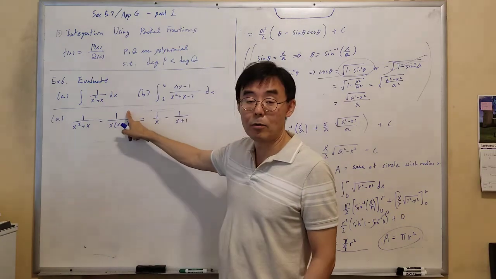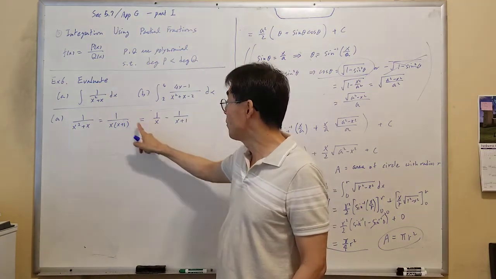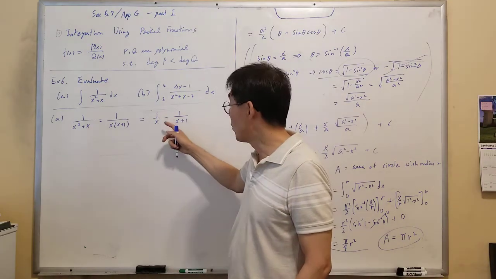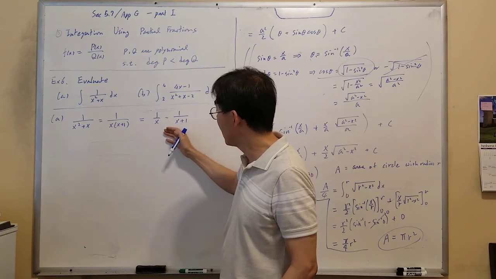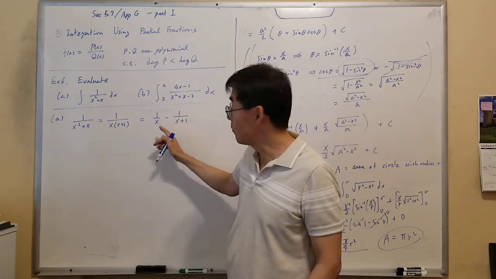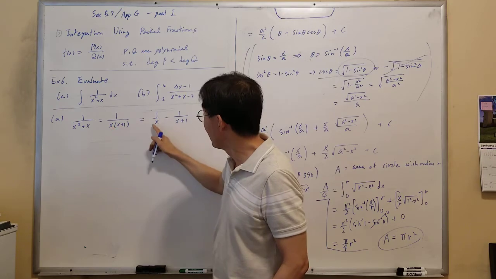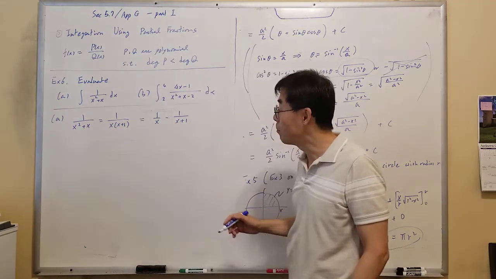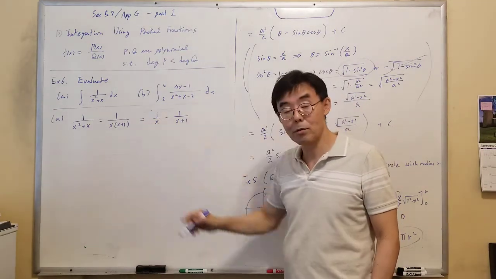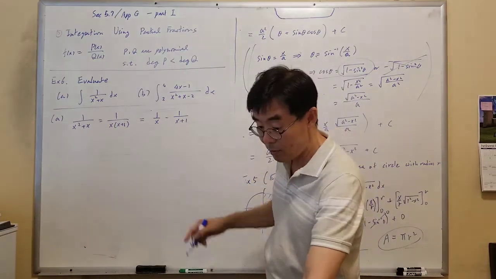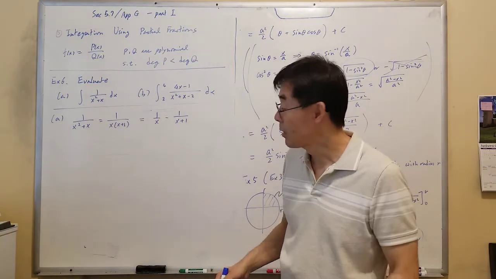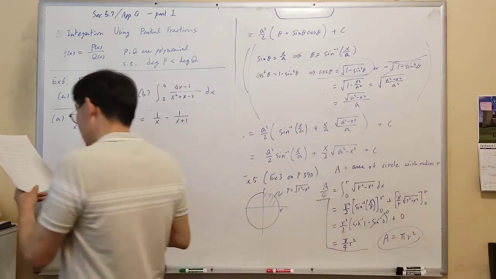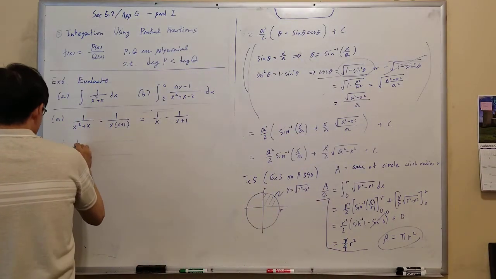So, rewriting your original rational function as some linear combination of other rational functions, where you have denominator from this factor, denominator from this factor. That form is called partial fraction. This process is called partial fraction. This one can be done easily, right? In the more general case, we'll do it systematically. But anyway, because of this,